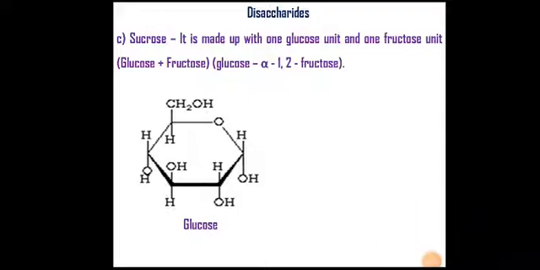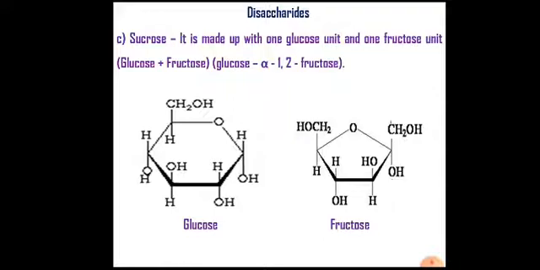So this is the structure of glucose. You can draw the structure of glucose on the paper in front of you. You can see here carbon number 1 2 3. At carbon number 3 it is OHH. So that is the important thing you need to remember in case of drawing the structure of glucose. Then HOH and CH2OH. This is the structure of glucose. This is alpha conformation around carbon number 1, that is OH.